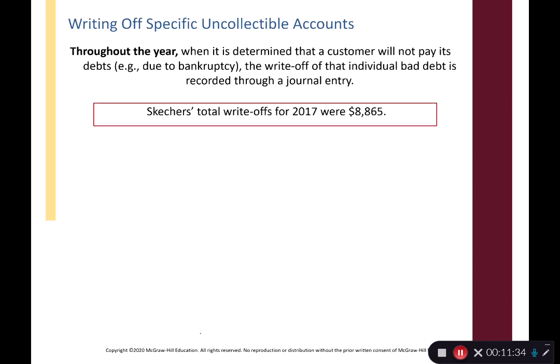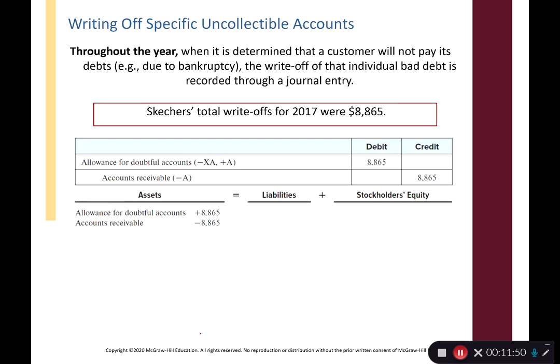So then what happens later on when we find out that one of our customers went bankrupt? Well, we don't want to double dip. We record the expense at the time of the sale, so we don't want to record a new expense when we find out that the customer has gone bankrupt. Instead, all we do is take the money out of the allowance account and out of the receivable account. Basically, what happens is you have the accounts receivable less the allowance, which is referred to as the net realizable